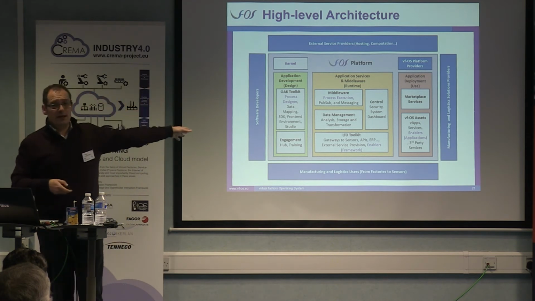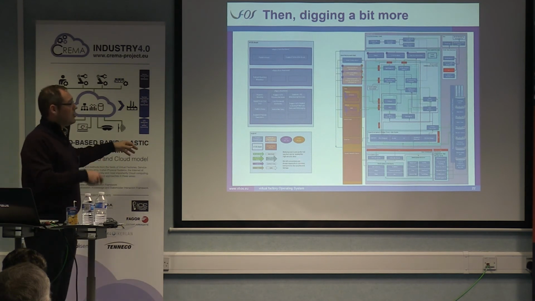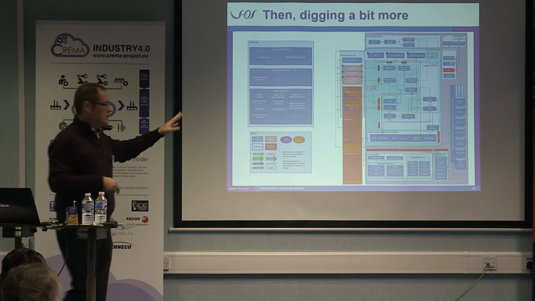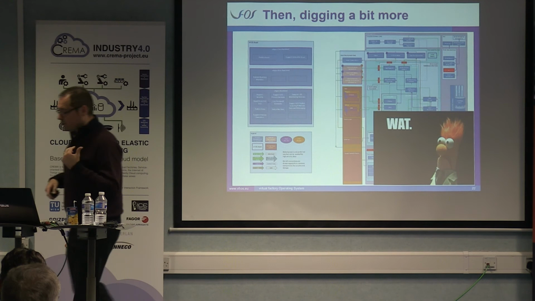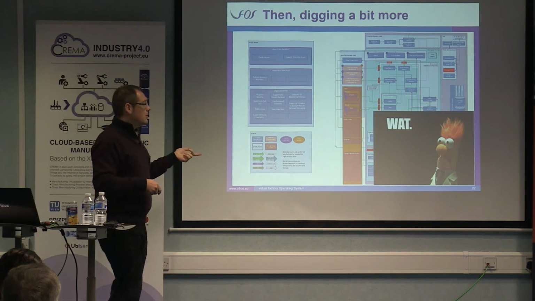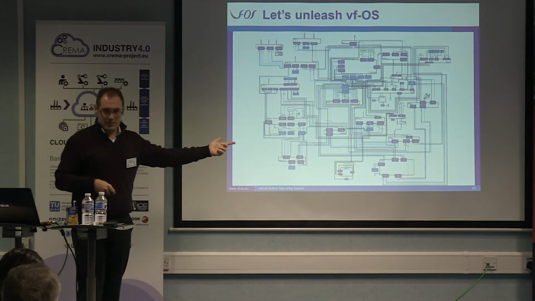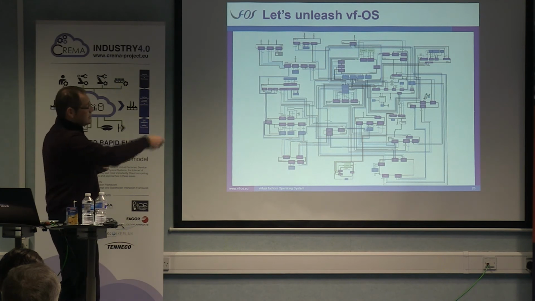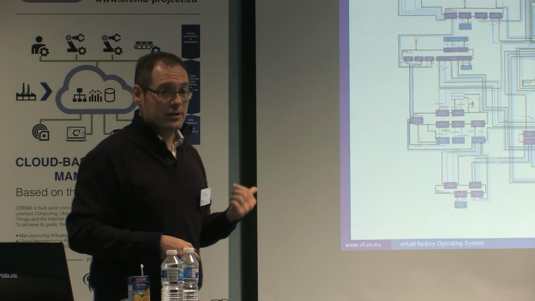This was the initial architecture that evolved into a really complex scenario, and I won't go into the detail of this because it's really not readable at all. But of course, that's what we thought was the best. That was the second iteration. The third iteration was even more complex. I only know that this one is the data storage. I don't know which are the other ones because it's really hard to read what's in there.